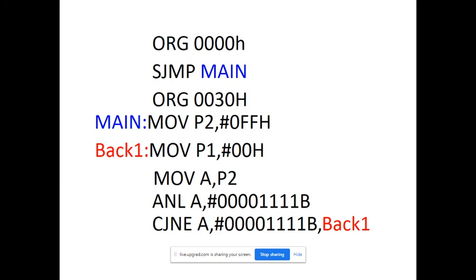What about P1? P1 is connected to row. Means it is in an output direction. And P2 is connected to column, and that's why it is in an input direction. All of you agree for this?